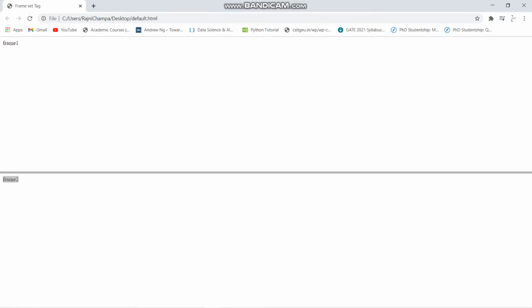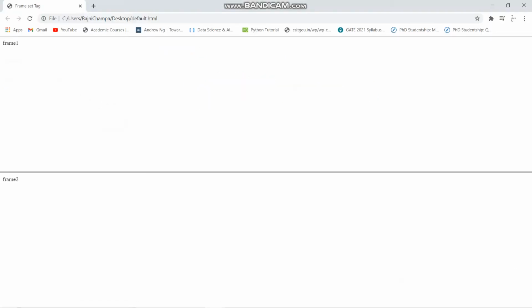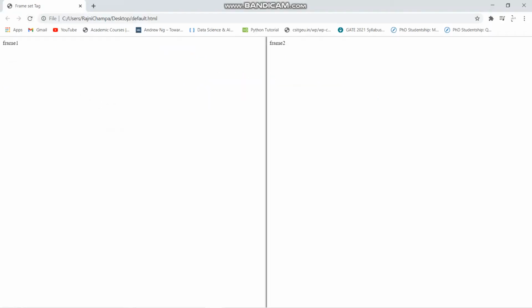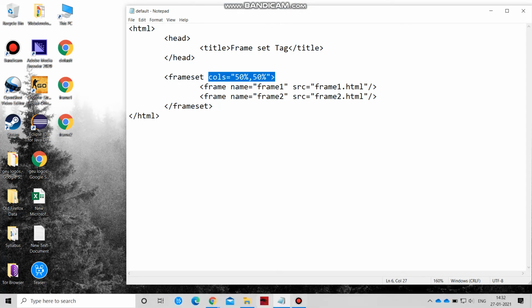These are two web windows inside a single browser window. The screen gets divided into two columns of 50% each, for frame 1 and frame 2.